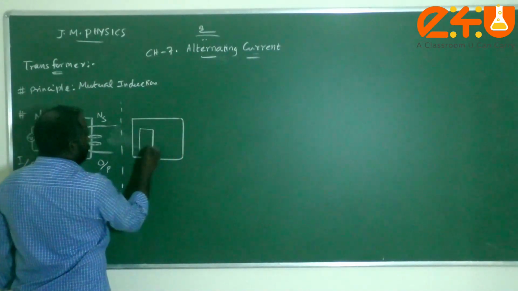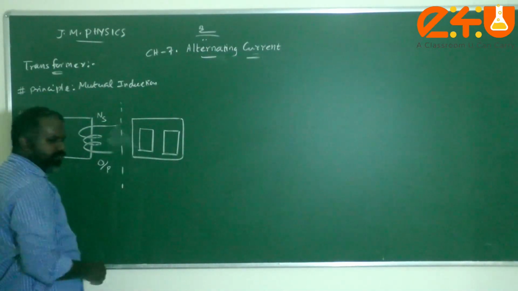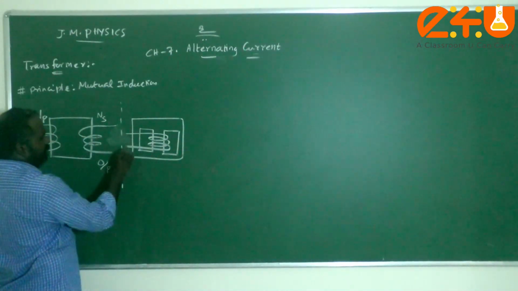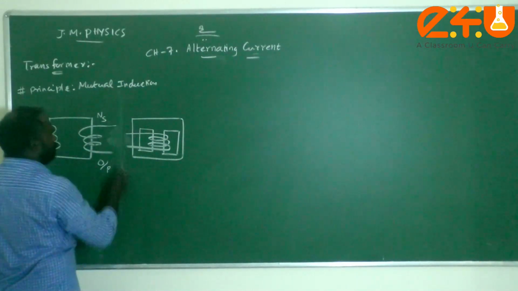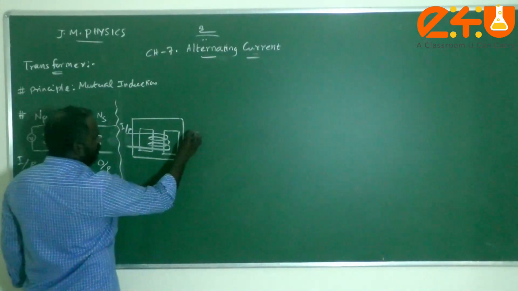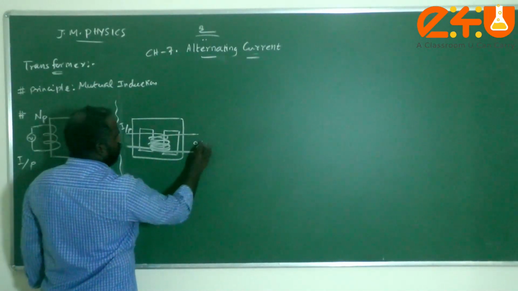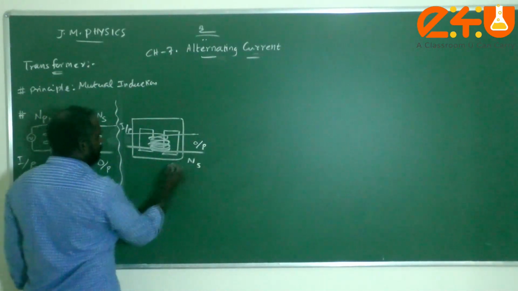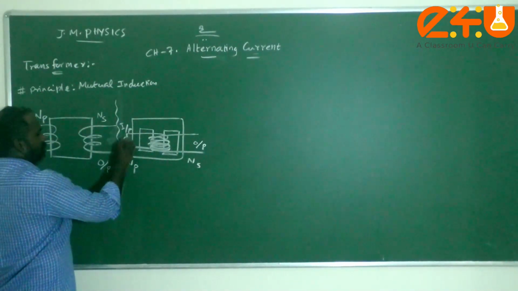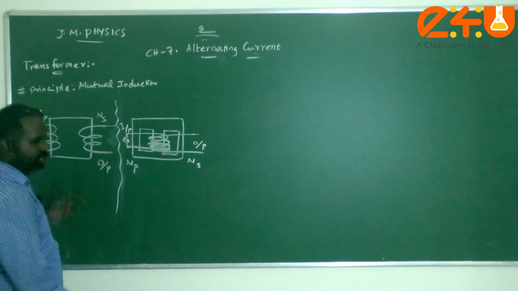Now please see, this is another arrangement for a transformer, also made of a soft iron core. This is the winding related to the input part of the circuit, which is nothing but the primary. Similarly, the secondary winding is drawn over it. This is the output part, called the secondary, therefore NS, and here NP is there. This is connected to the AC source. There will be a slight difference between these two diagrams, which will be discussed later.